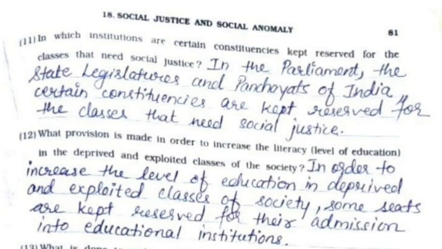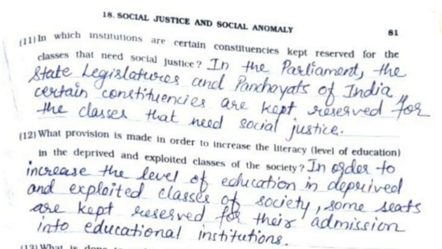11th one, in which institutions are certain constituencies kept reserved for the classes that need social justice? In the parliament, the state legislatures, and panchayats of India, certain constituencies are kept reserved for the classes that need